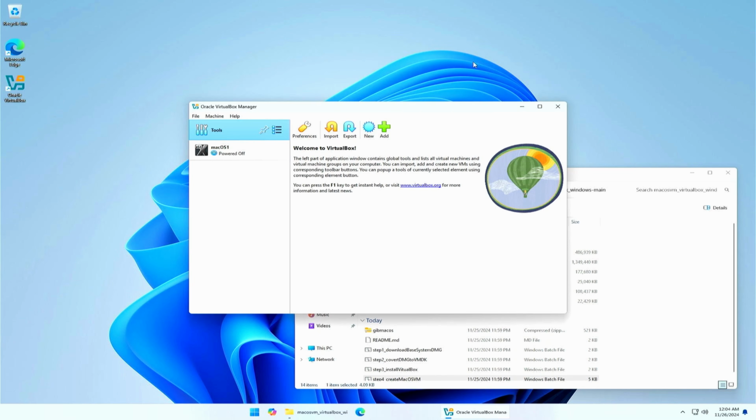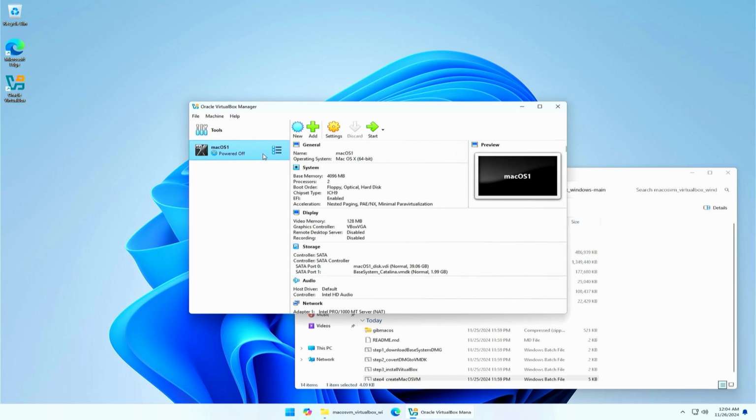The last part of step 4 should have opened the VirtualBox user interface. But if that's not the case for you, or you closed the command prompt window before it was able to do so, you can of course start it manually. In VirtualBox, make sure that the newly created macOS 1 VM is selected. Here we can see it's configured for macOS and is already linked to that downloaded and converted base system file for Catalina. Let's go ahead and start the virtual machine from here now.